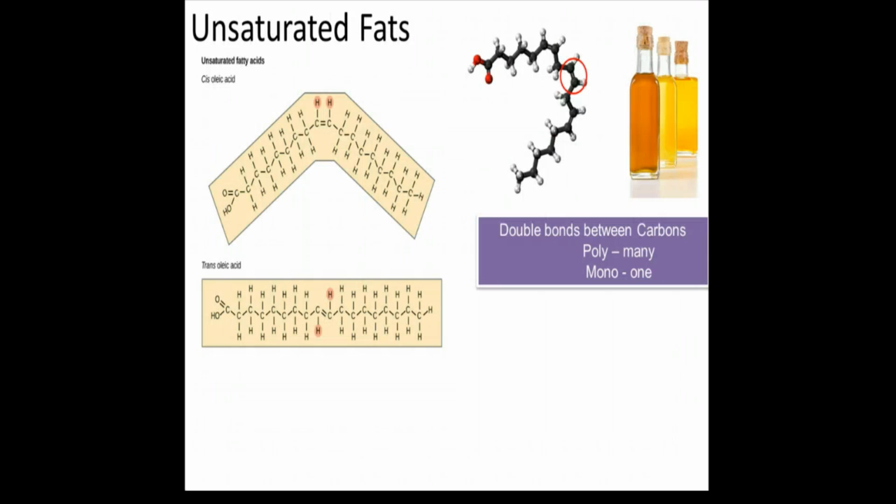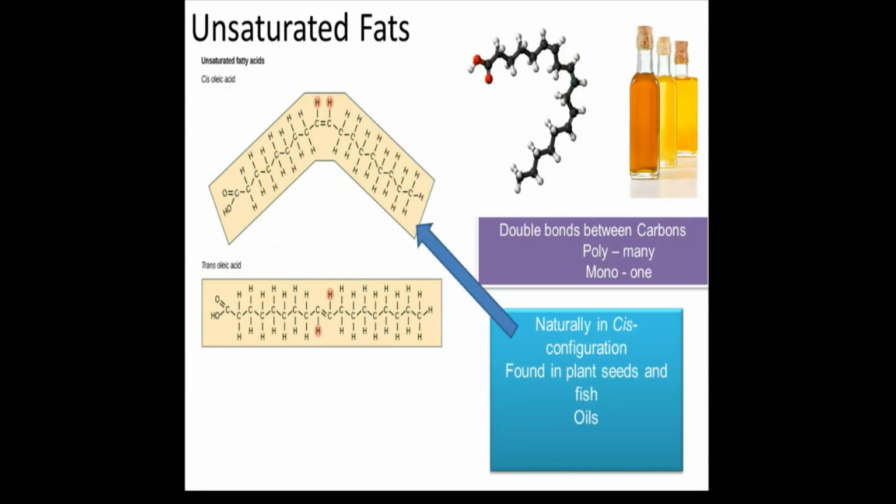Unsaturated fatty acids, on the other hand, have a double bond between the carbons of the fatty acid chain. You can have one double bond, which would make it a monounsaturated fat, or you can have many double bonds, which would make it a polyunsaturated fat. These are usually going to be found in plant seeds and fish, and are commonly called oils because they are